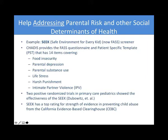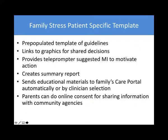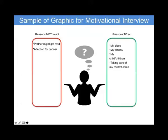One example of functionality for CHADIS is for social determinants of health. We have a variety of questionnaires, including the Safe Environment for Every Kid, which has been modified to the FAST that covers these social determinants associated with child maltreatment outcomes. In this case, the questionnaires again populate a patient-specific template, but the teleprompter provides motivational interviewing guidance that's specific to that patient, as well as sending educational materials to the care portal automatically and allowing for online consent for communication